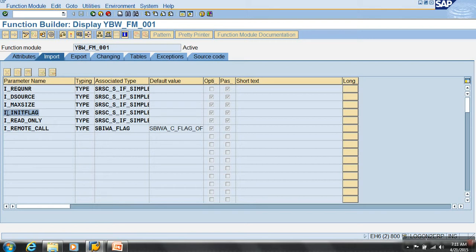Once it is called for data extraction, I should start extracting the records. Should I extract all the records or only records with respect to what? Max size. I should only fetch the records with respect to max size. When I read with respect to packet size, I will use a cursor. When it is called for a data packet, I will open the cursor on the select statement, then fetch the records. First time initialization, second time data extraction. During the first data extraction call, I will open the cursor, fetch 1000 records and go.